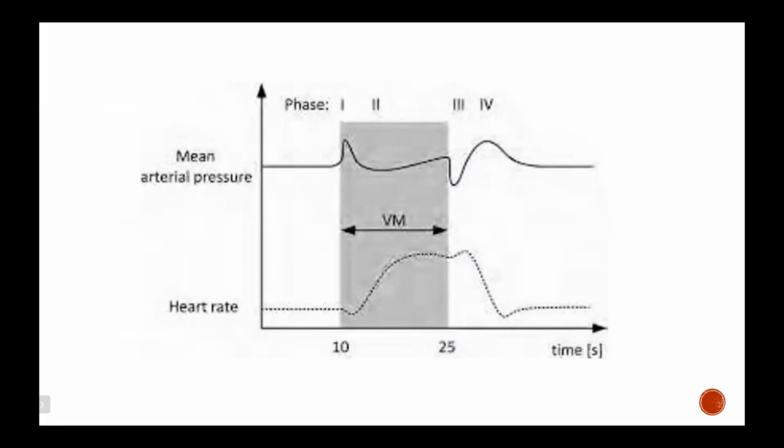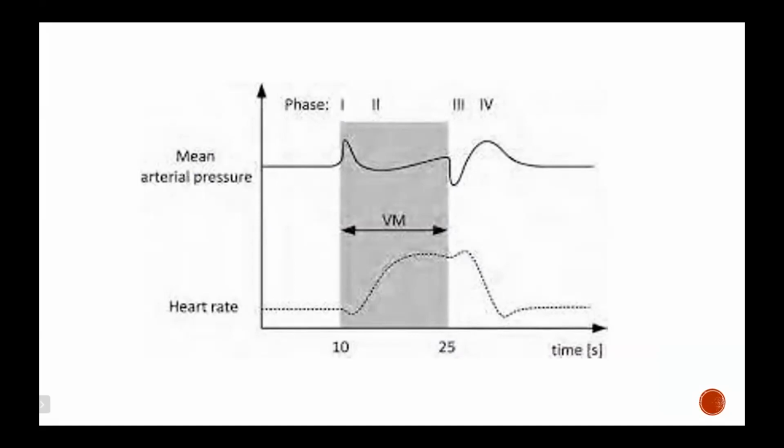So phase 1 is when the patient starts straining. When the patient is expiring against a closed glottis, the intrathoracic pressure rises. Once the intrathoracic pressure suddenly rises, all the blood present in the left ventricle will be pushed out, and that results in a transient rise in the mean arterial pressure. You can see the graph, it's been plotted from mean arterial pressure and heart rate against time. So in phase 1, there'll be a transient rise in mean arterial pressure, resulting in a corresponding fall in heart rate.